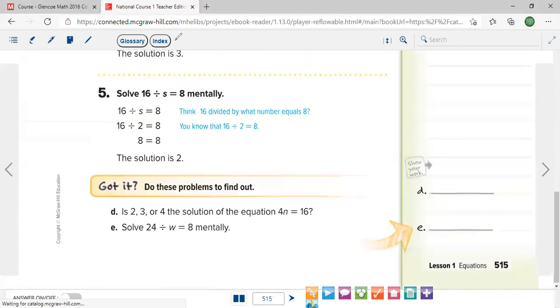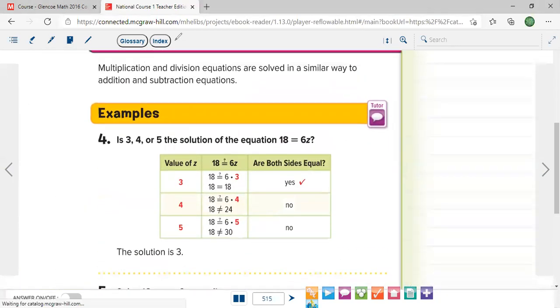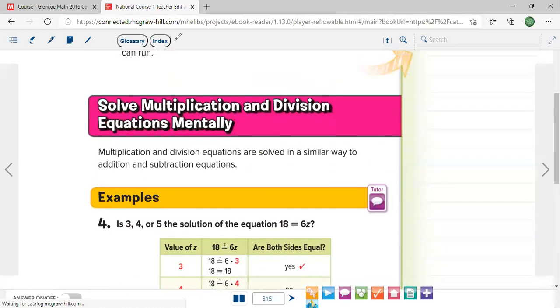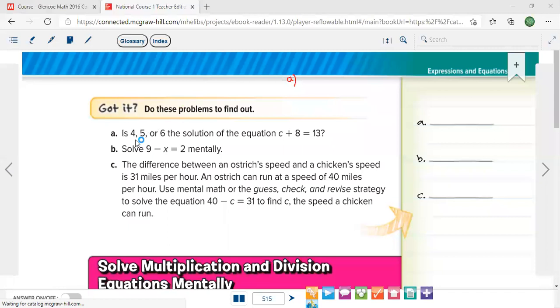Let's take some problems to solve. Here in problem A, is 4, 5, or 6 the solution of the equation c plus 8 equals 13? So we must try every one of them. So for problem A, since I give you 3 numbers,